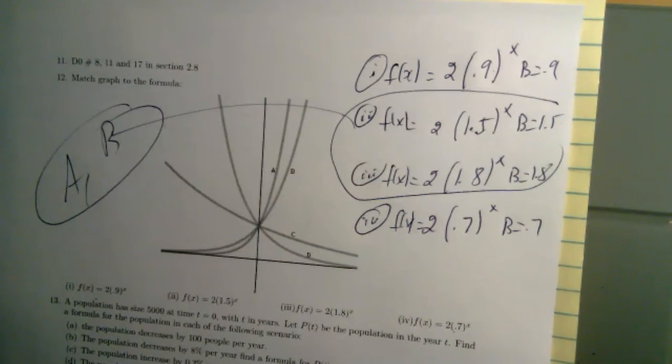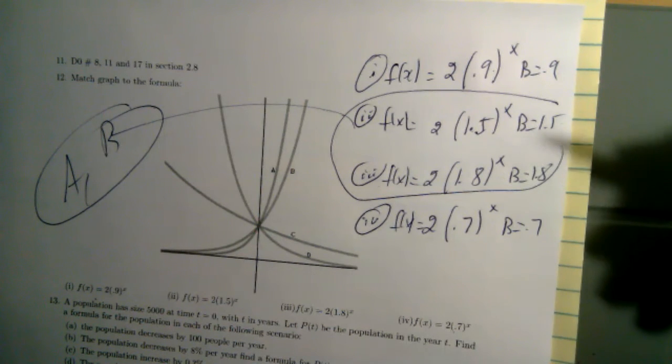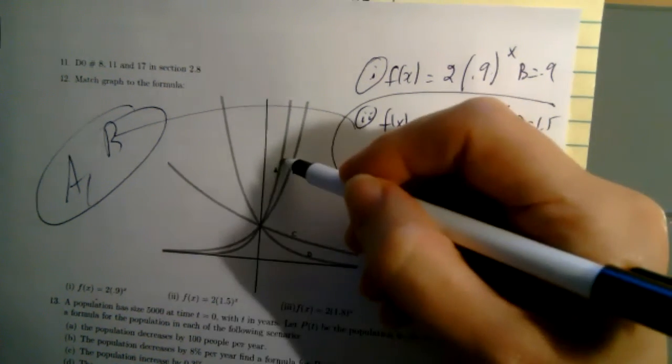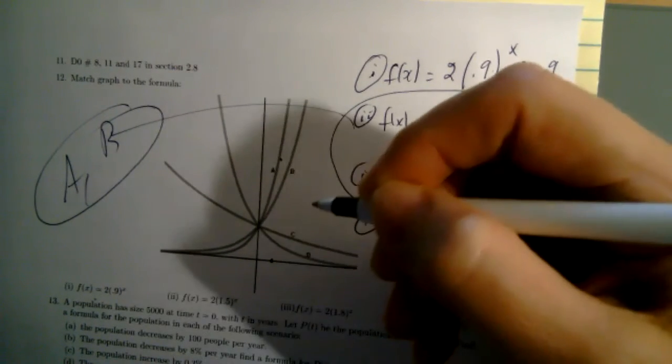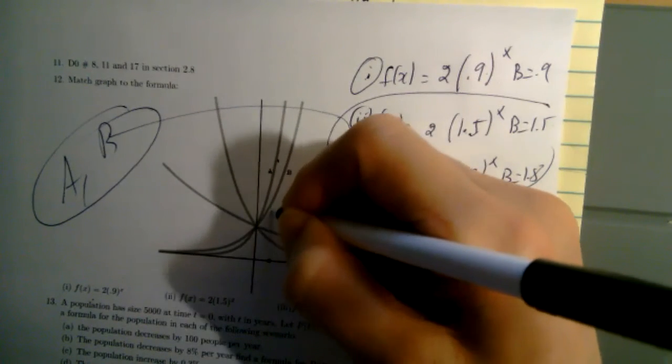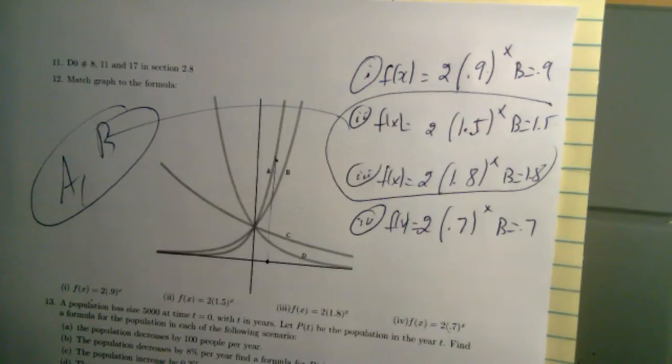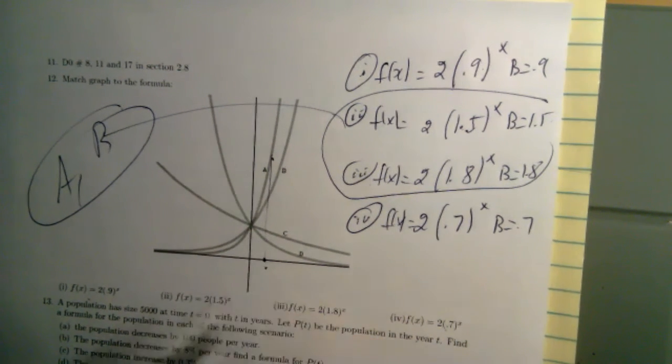Now, which one is A and which one is B? Which one is growing faster than the other one? A is growing faster. How do you guys tell? Faster or more? What's the difference? It's the same thing. A is steeper. It's steeper also. Watch, if I pick any value here,